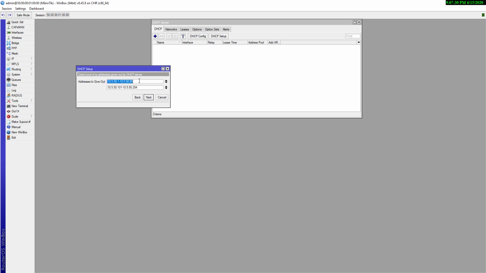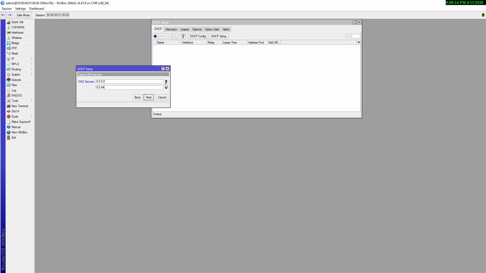So, and here you can see that it is showing two pools, 10.5.50.1 to 10.5.50.99, and 10.5.50.101 to 10.5.50.254. Between both pools, it is missing the 100, which is our gateway. Okay, so we have put the gateway in between our pool, so it is excluding that IP address which we have selected for our gateway. So I'm going to click on next, and DNS server. Yes, we want to provide the DNS server IP address with our